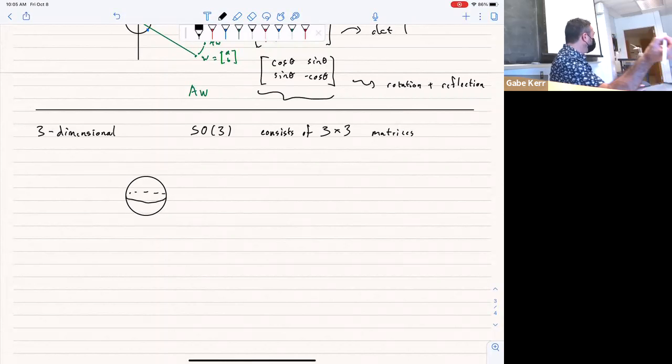I have a sphere and I choose a point on the sphere. I can get a line. That tells me everything I need to know about a line. I've got a little redundancy because I could take the antipodal point, the opposite. But if I take a point on the sphere, which is two-dimensional,